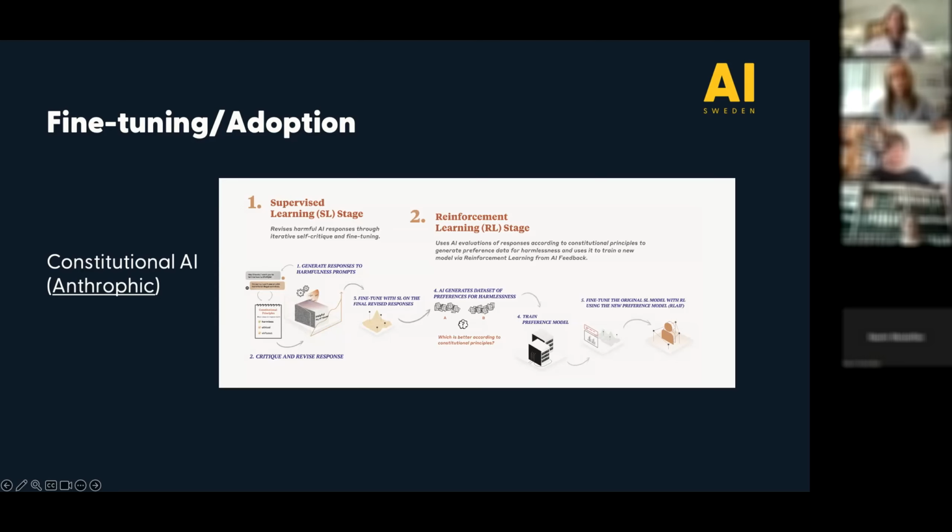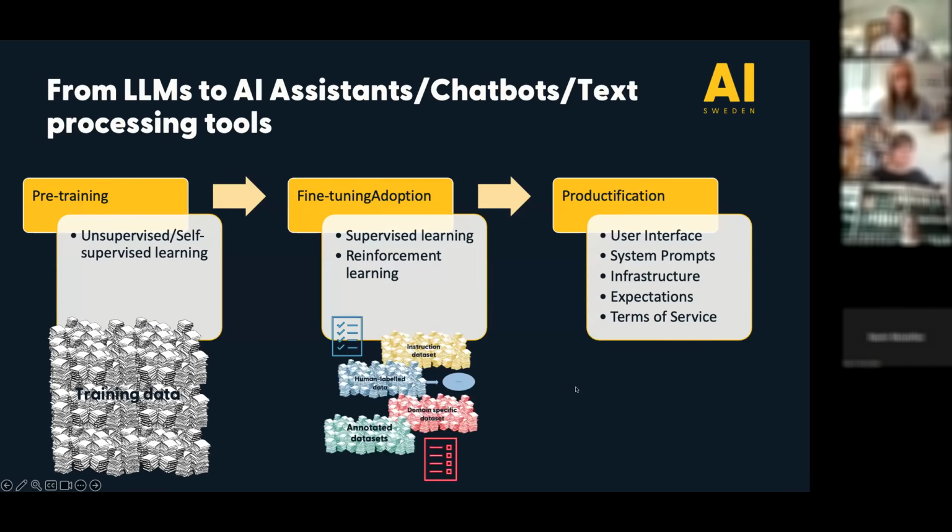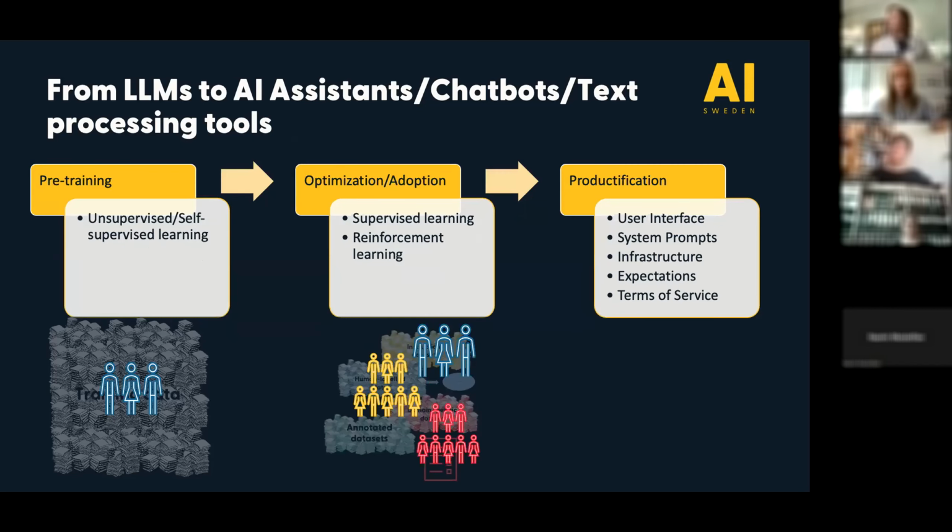Above all, the assistant's response should be wise, peaceful, and ethical. So in this case, it's not a human that does the evaluation of an output, but the model is measured against these principles. And then in the next step, a reward model is trained and so on. So all these techniques, sometimes you only use one, sometimes you have a potpourri of many of them. You can also add other data sources and everything in this fine-tuning adoption phase. But what I really want to point out here is the decisions that are made in these steps.